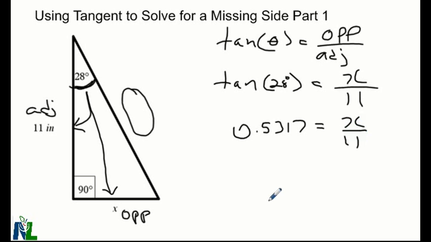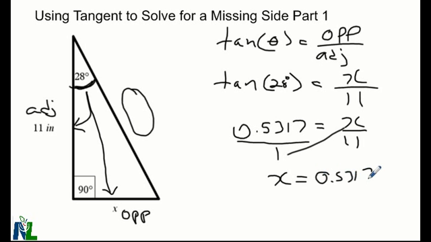With that being done, our next step is to isolate x, or to get x all by itself. To do that, we're going to use equivalent fractions. So we're going to put a 1 in the denominator here, and we're going to cross multiply. When we cross multiply, 1 times x is equal to x, and 0.5317 times 11, which means that when we are done, x is going to be approximately equal to